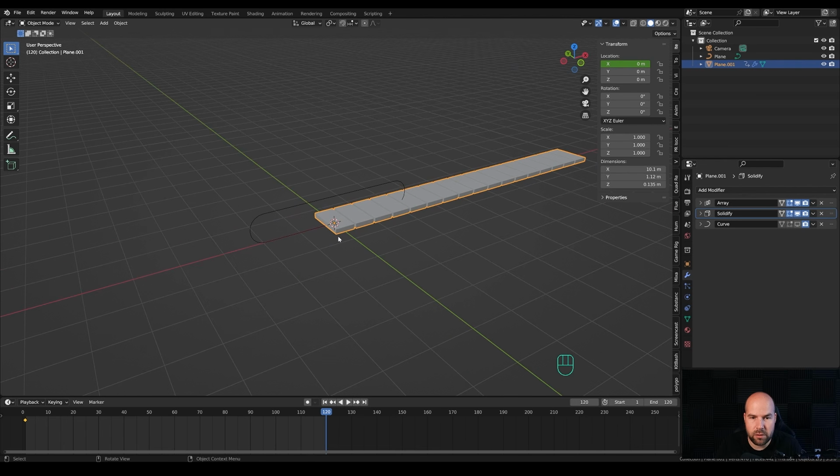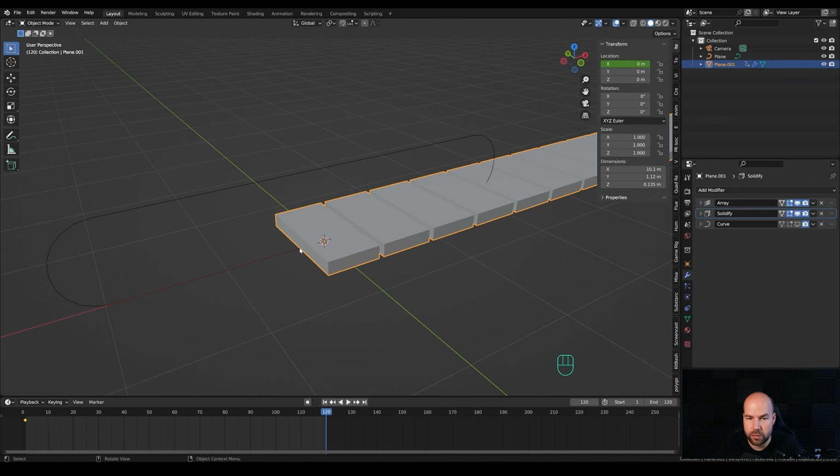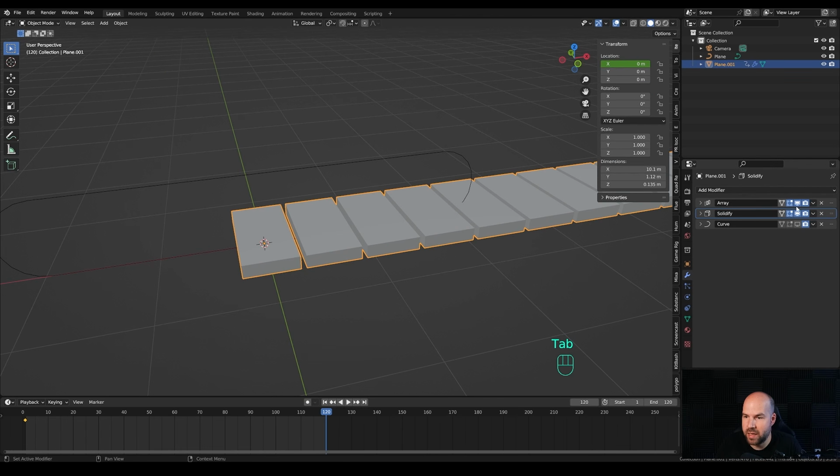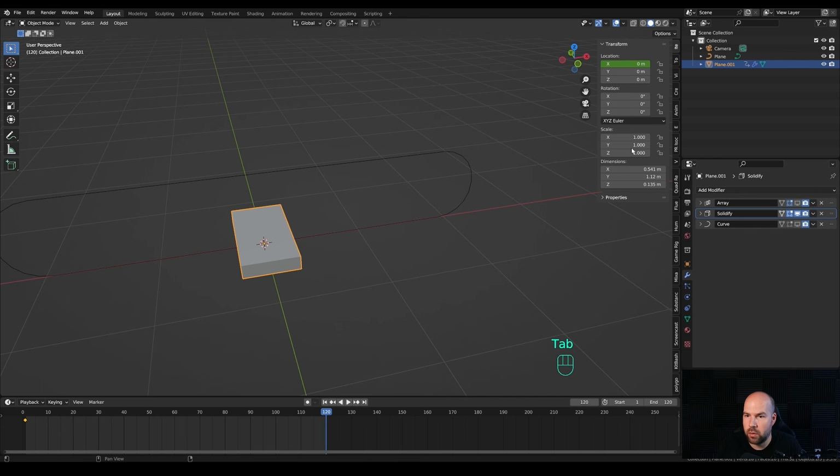And I think the better method would be to move the origin point right here, or rather move this whole thing like this so it sits on the 0. And to do that, we can disable the array modifier, and now we can see the dimension on the x-axis of this one piece, and it's like that. So we need to move this half of that.